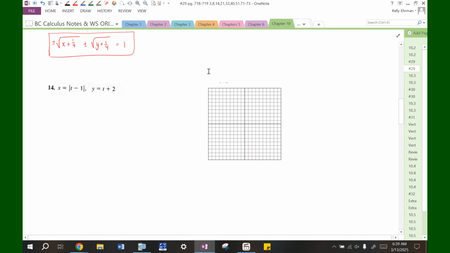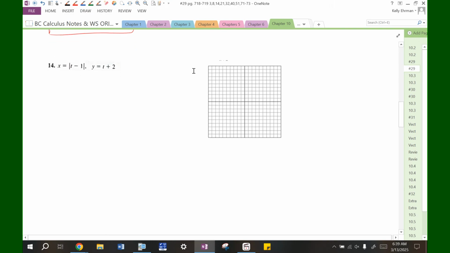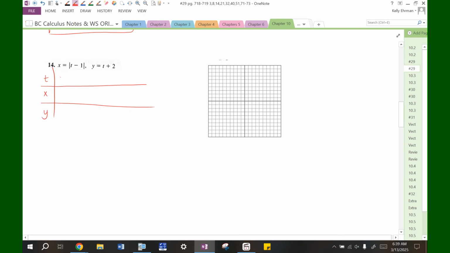All right. Let's take a look at number 14. So this says x equals the absolute value of t minus 1 and y equals t plus 2. So let's get that graph first. And just keep plugging in